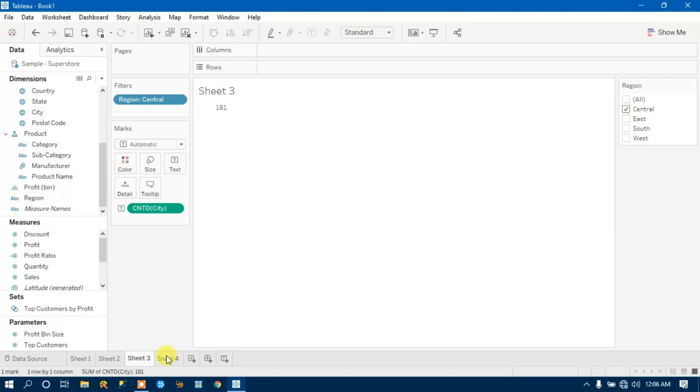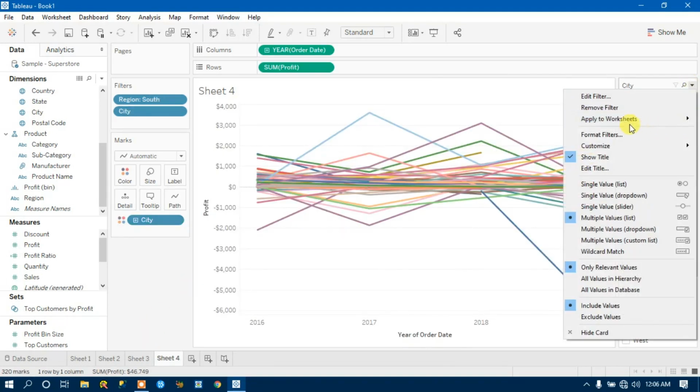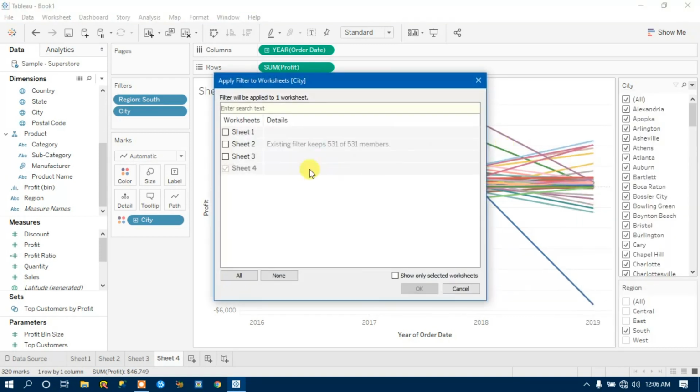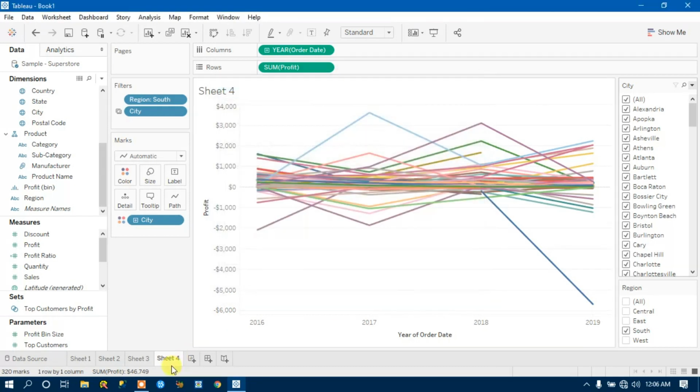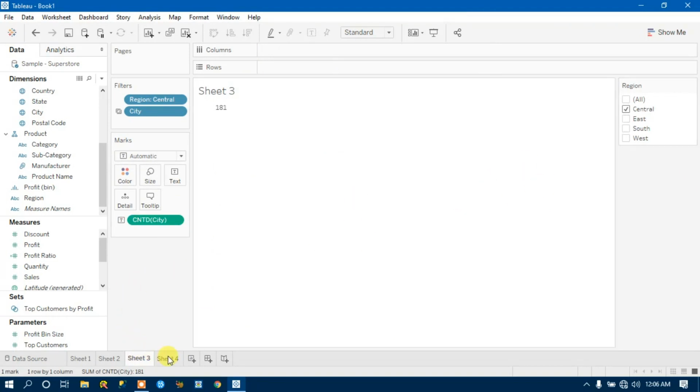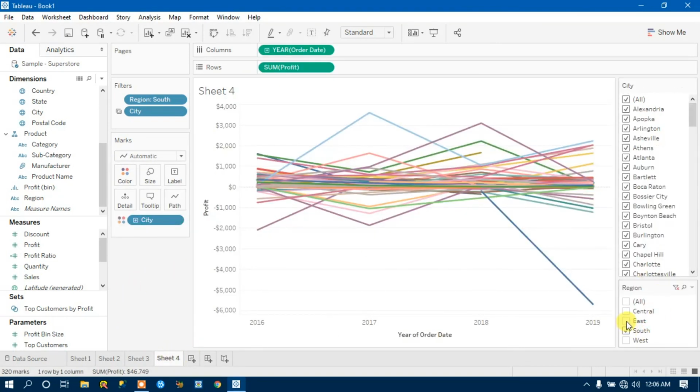Let me give you an example of this tab: apply to worksheet, selected worksheets. There is one option called selected worksheets. If I click on it, it will give me the option to apply this filter only to selected worksheets, right? Let's say I want to apply the filter on this worksheet, that was sheet 3. As soon as I apply a filter on any of these worksheets, it will appear over there as well.